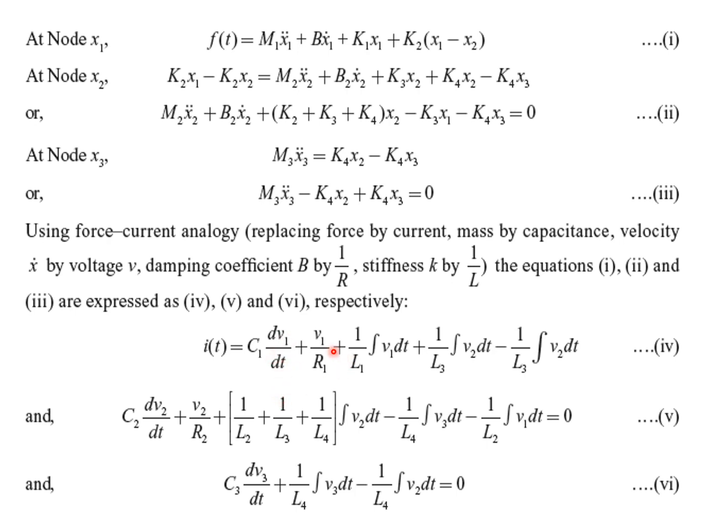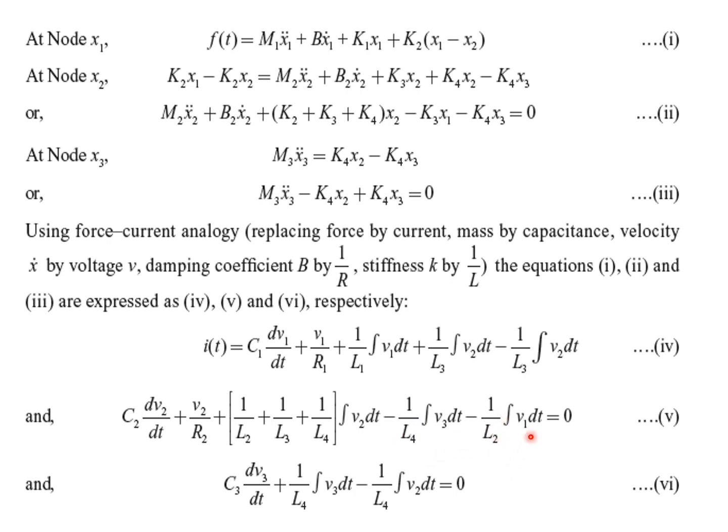So we get v1 by R1, plus 1 by L1 integral of v1 dt plus 1 by L2 integral of v1 dt minus 1 by L2 integral of v2 dt. Similarly for the second equation we have applied the analogy and we get C2 dV2 by dt plus V2 by R2, plus 1 by L2 plus 1 by L3 plus 1 by L4 integral of V2 dt minus 1 by L4 integral of V3 dt